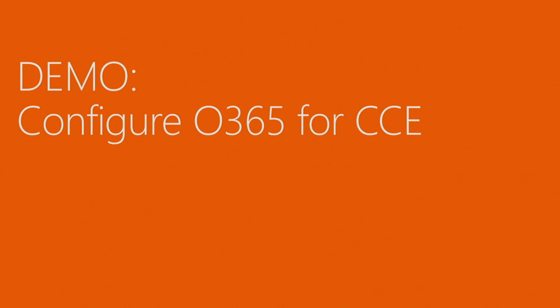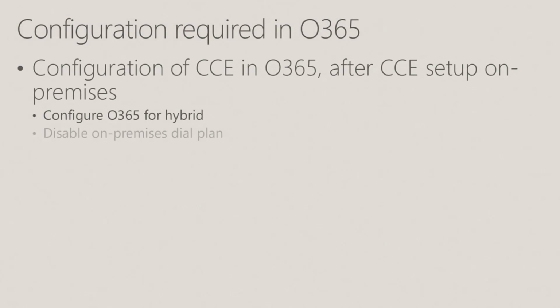OK, time for a little demo. Now, I know the demo gods here aren't always the best, so I've been cheating. You're going to watch videos as I explain it to you. I'm just telling you what it is. The two commands that I'm going to utilize in this demo to configure Office 365 to connect to the CCE are Set-CsTenantFederationConfiguration and Set-CsTenantHybridConfiguration.